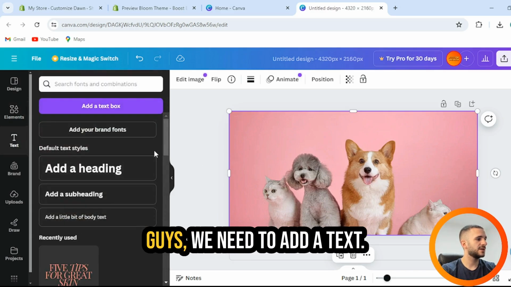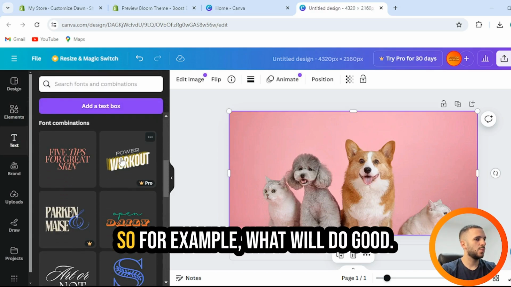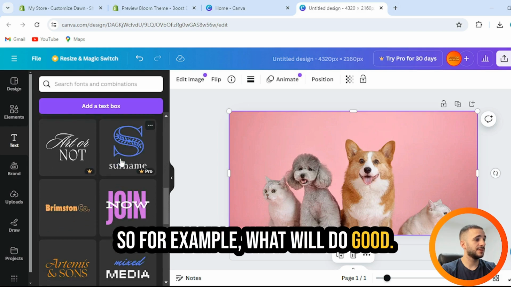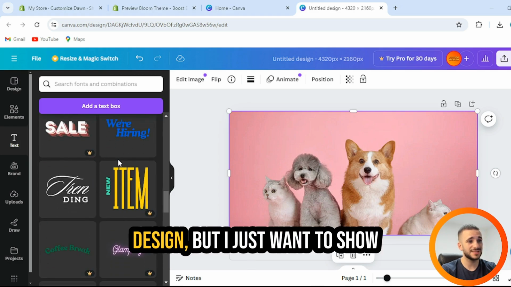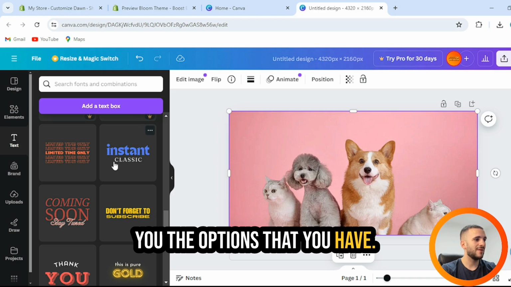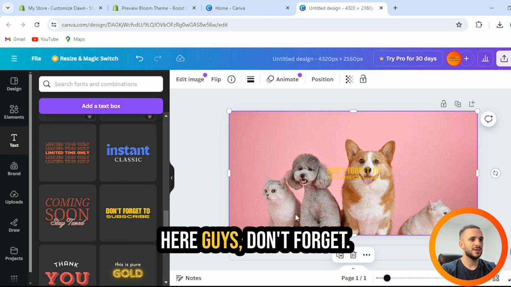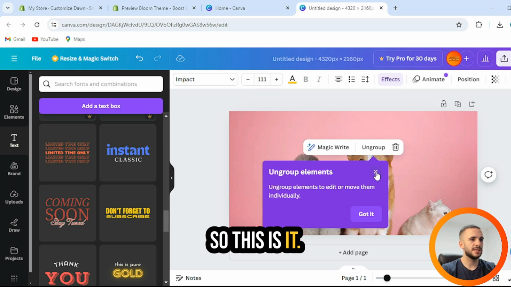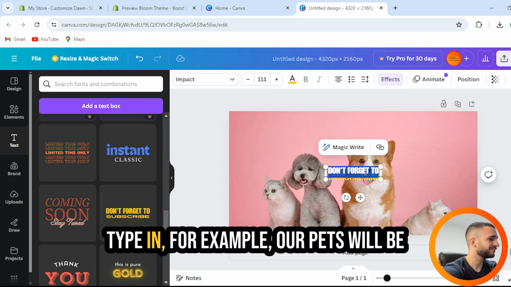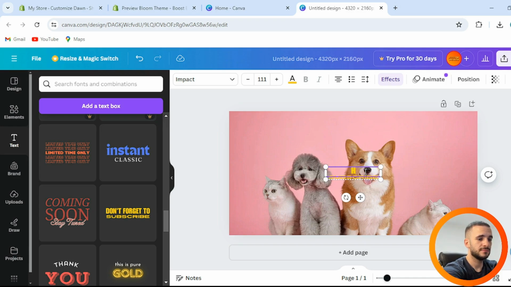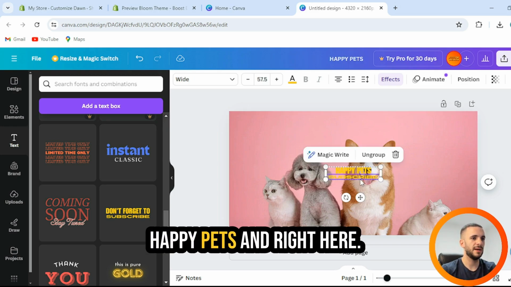Text, we can see right here, guys, we need to add a text. So for example, what will do good? I mean, of course, I'm not a designer, guys, so this is up to you totally. This will be maybe a lame design, but I just want to show you the options that you have. So for example, right here, guys, okay, so this is it. Okay, we know everything. So what we want to do here is to type in, for example, our pets will be right here, happy pets,